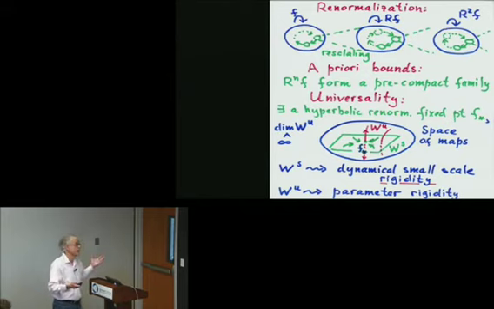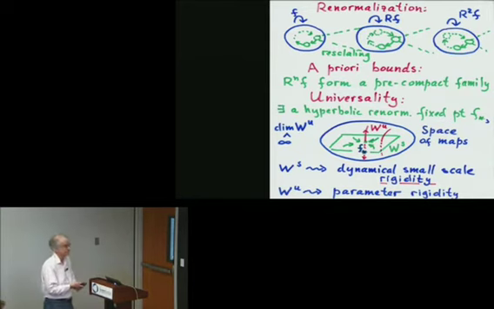So why could it help? Of course, it is clear that to control the small-scale structure of your original dynamical system is more or less the same as to control this sequence of renormalizations. How to control the sequence of renormalizations? The first crucial property that you want to have is a priori bounds. So you want this system to belong to some particular space which is compact, a sufficiently small space of dynamical systems. And if you can establish this, which is a very big if, then you get some uniform control of your system in all scales, and it is great.